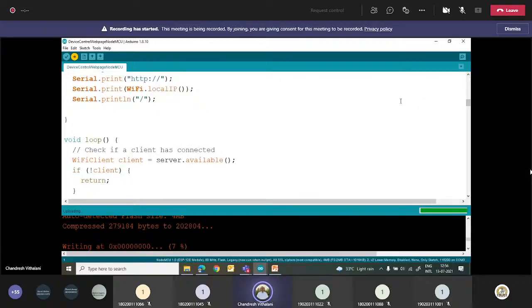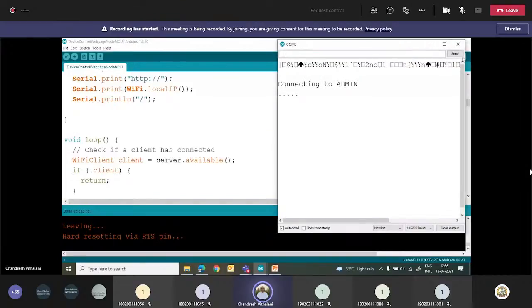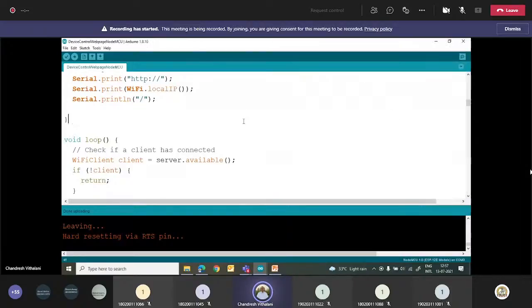So at present, it is uploading this program to the Node MCU board. Now done uploading. Now let's see at which IP it is running. At present, it is trying to connect, so it's showing dots. Let me check whether I have given the correct password.